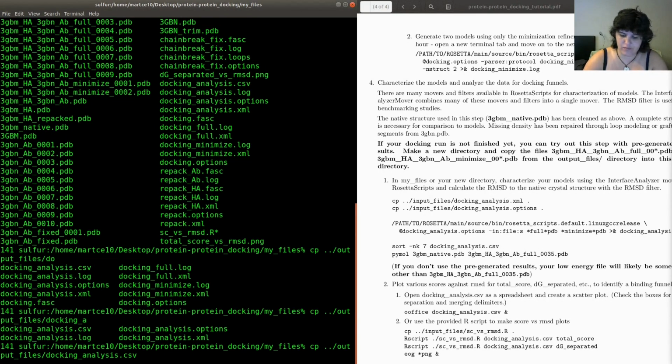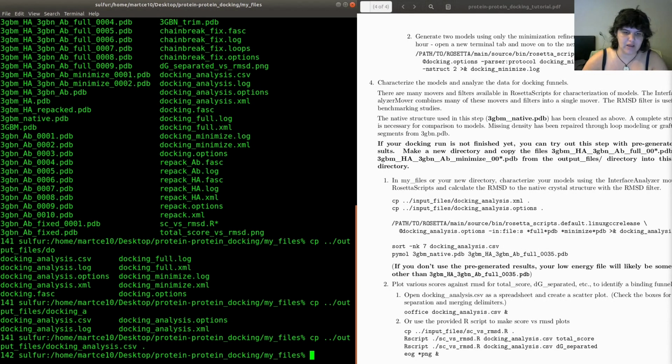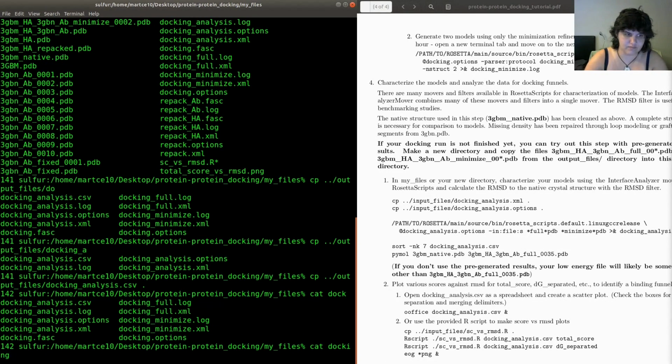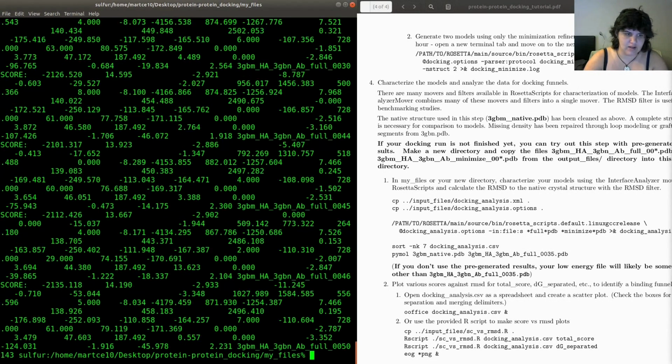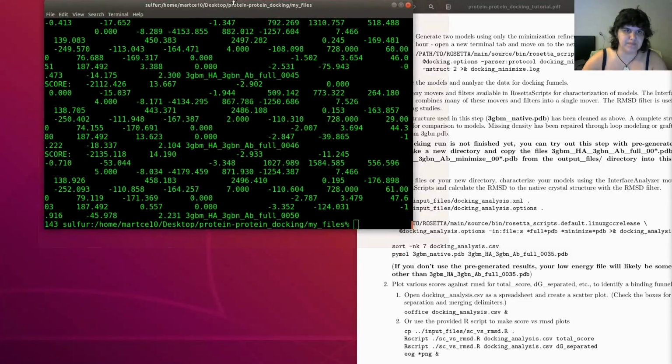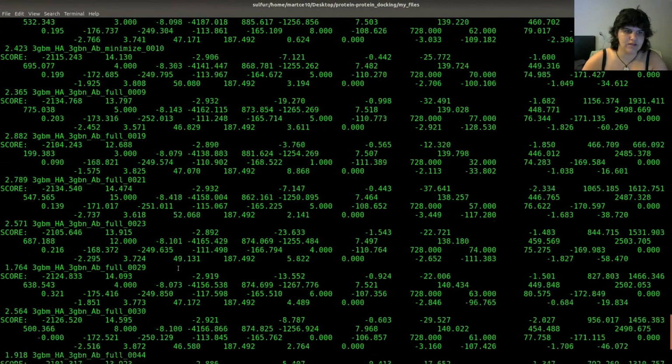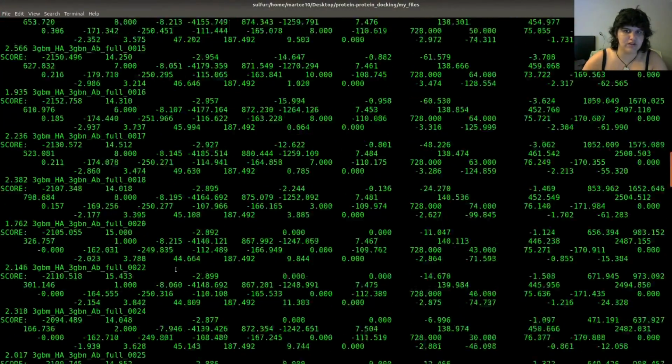dockinganalysis.csv from the output folder, and now we can display it on the screen. It will be a little bit messy. Here it is. So you can see that we have much more structures,